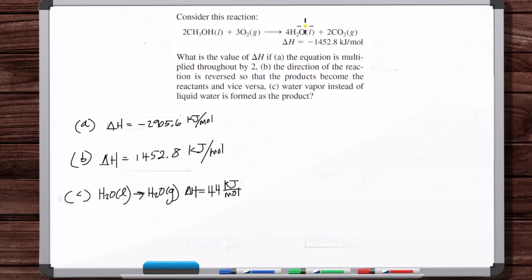So what they're saying is, what is the value of this delta H if this is a gas instead of a liquid? So we need to factor in this delta H equal to 44 kilojoules per mole into